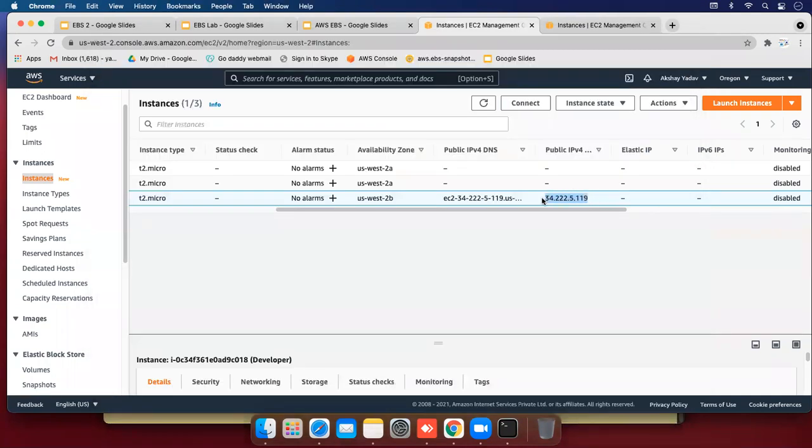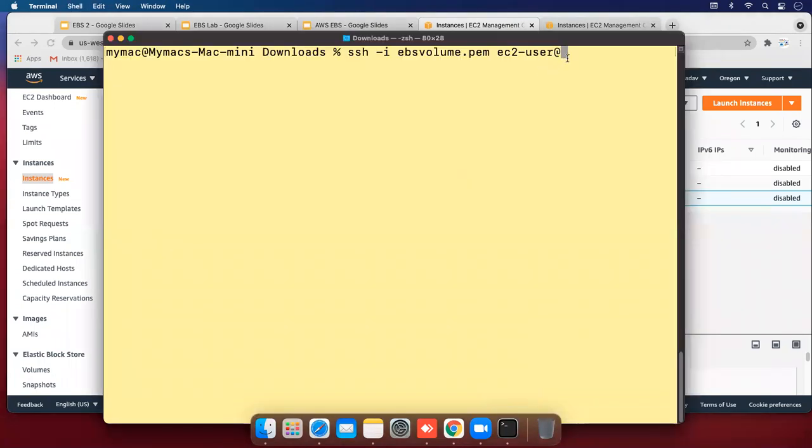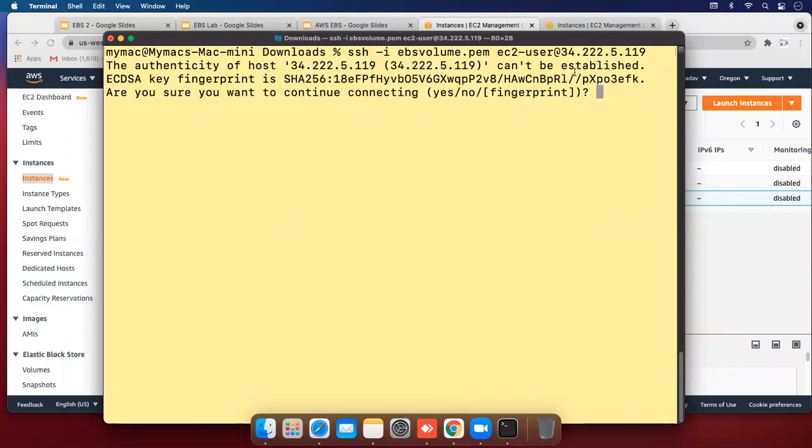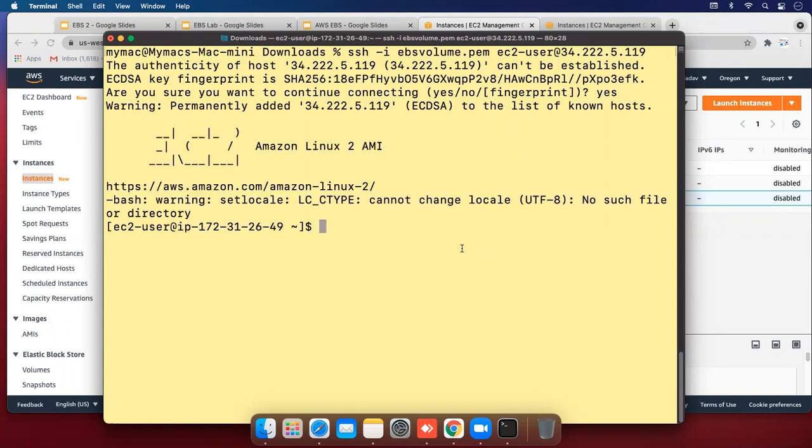Let's copy the public IP, paste and hit enter. Press capital Y or yes. So my machine is successfully connected.